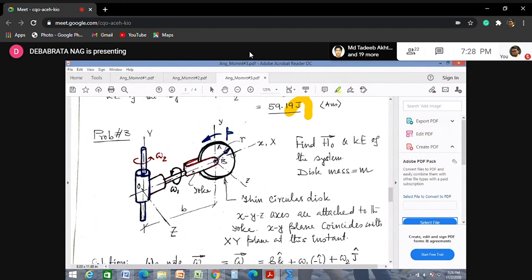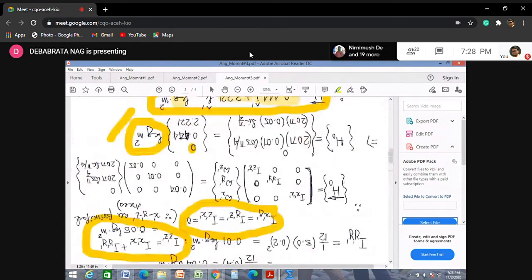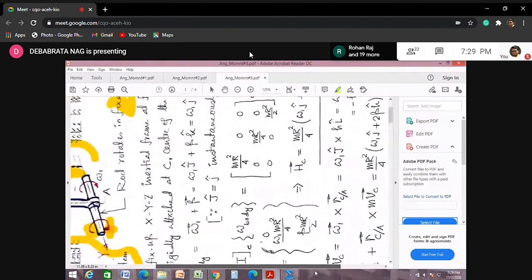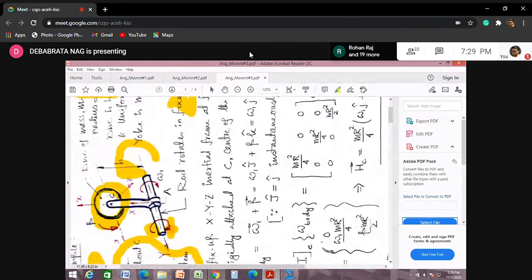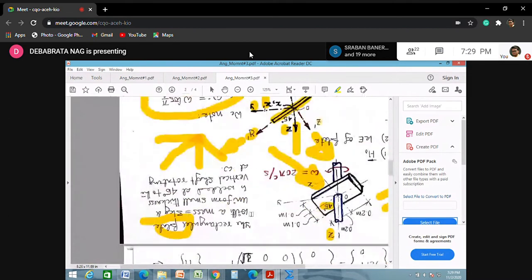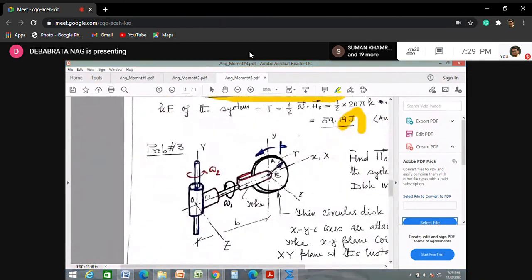In problem 1, the disk was vertical. Go to the problem 1 figure. This was your problem 1 figure. It was vertical. So it was vertical, then the yoke, and the yoke is directly connected to the shaft. So in this case, what happens? You come to this problem, the same yoke is there. It is directly connected to the shaft. So it is almost like problem 1. Almost. Only difference is that this time your yoke is also having an angular velocity.